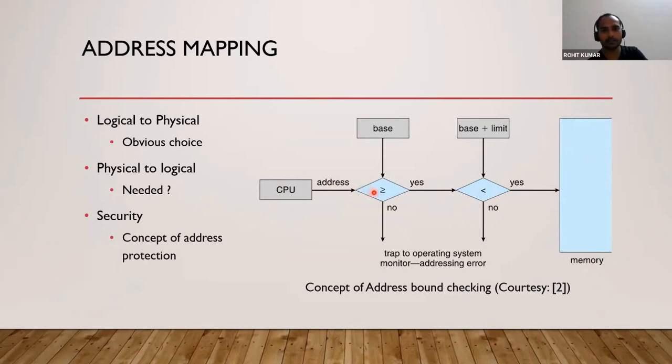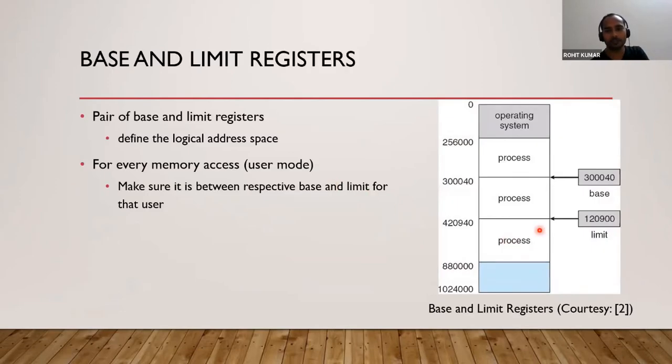Now, for the logical address, you need to check whether it is greater than or equal to your base value. If yes, then okay, fine. Now here there might be confusion about whether the base value might be greater or lower than this particular value. You might be considering what if the limit value is lower than this particular base value, but it is not the comparison between these two values. It is the comparison with respect to this particular address space.